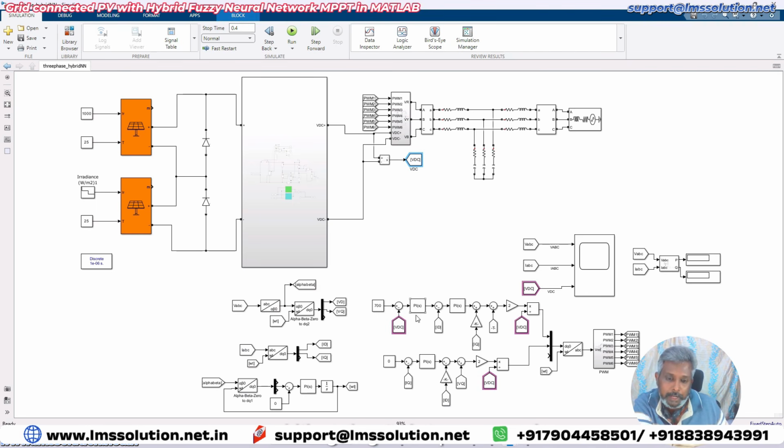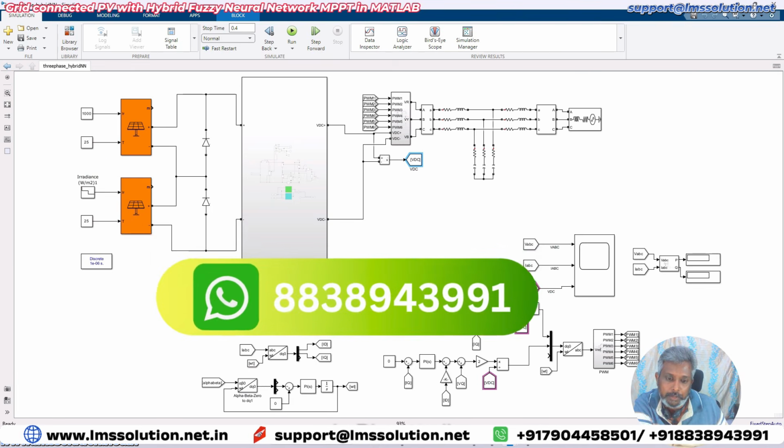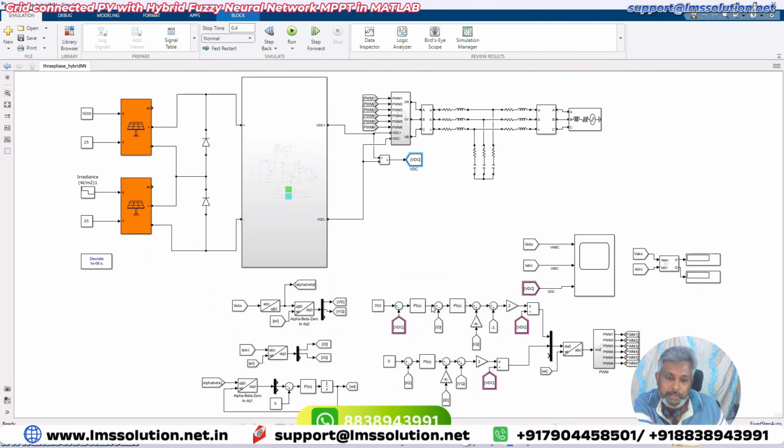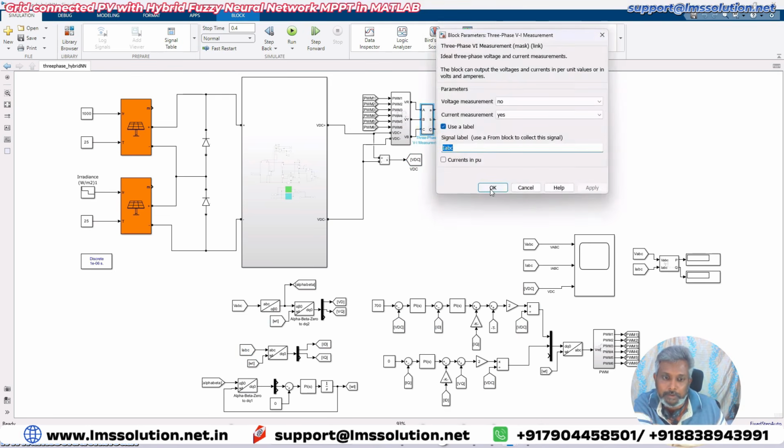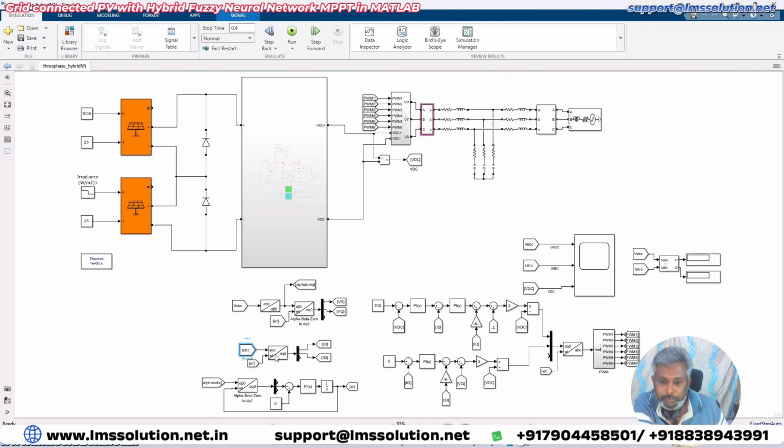Okay. And it is going to be processed via a PI controller. This PI controller will generate the ID reference. So the ID reference is going to be compared with the ID of that IABC. IABC is the current from that inverter, right? Here we are measuring the inverter current. This inverter current is going to be converted into DQ0 by using park transformation. From that we are having ID and IQ, and also here you see that the VABC is converted into VD and VQ